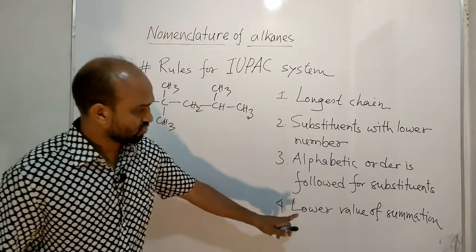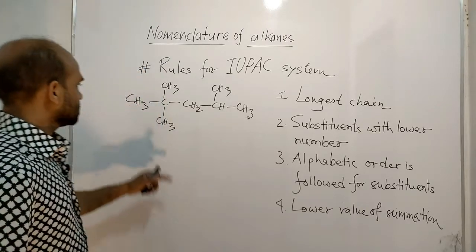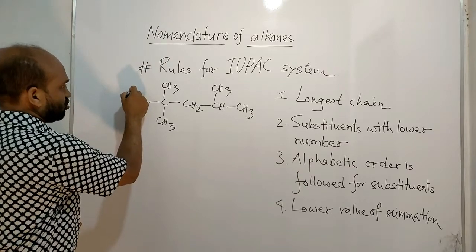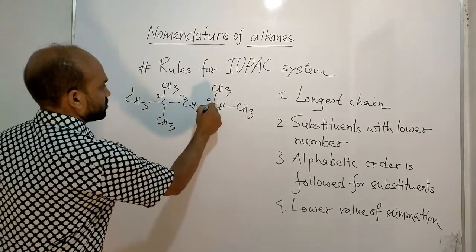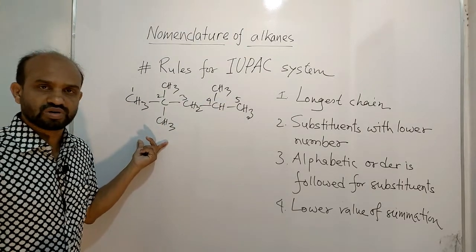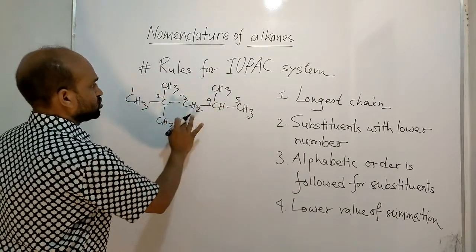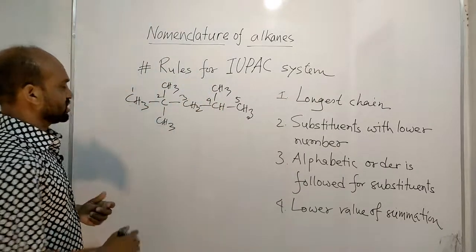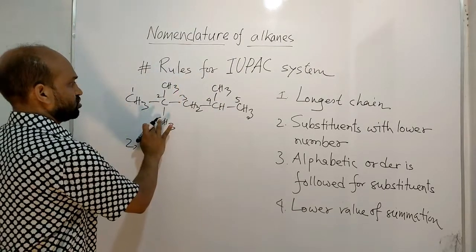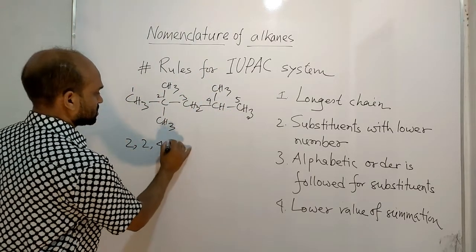Let's see the 4th point: lower value of summation is taken. What is the meaning of this? Suppose this is the compound. If it is numbered from the left, 1, 2, 3, 4, 5, what will be the name of this compound? That is 2,2,4-trimethyl. Here a methyl group, here a methyl group, and at carbon 4 another methyl group. So 2,2,4-trimethyl